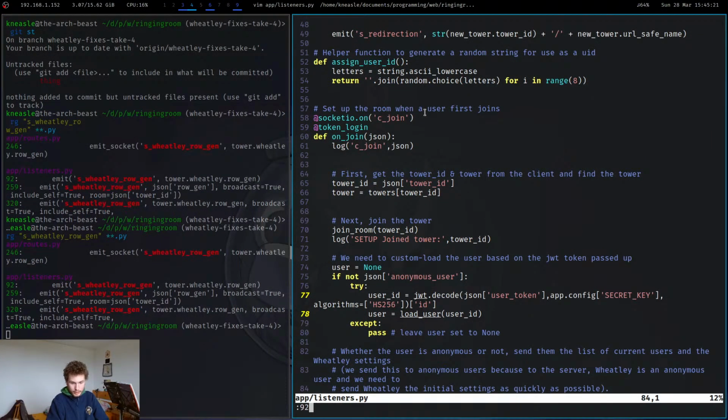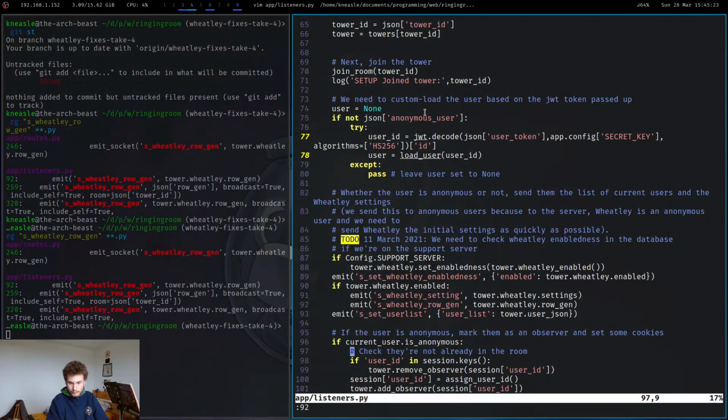It's line 92. Shouldn't this... Oh, hang on, what? So if Wheatley Tower enabled, then we emit the road settings. Ah, no, okay, so this is fine. This is fine. We don't need to set the tower ID because emit here